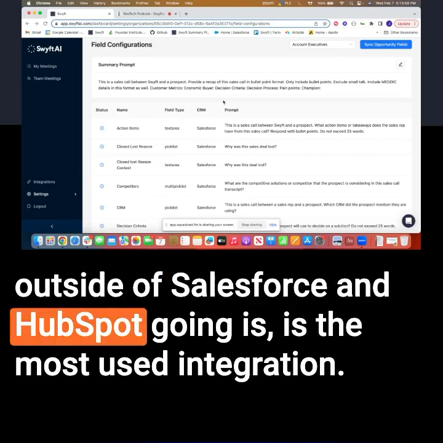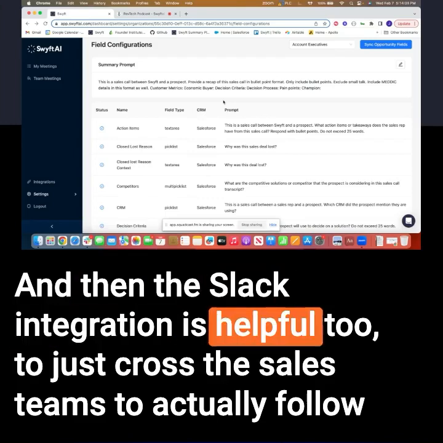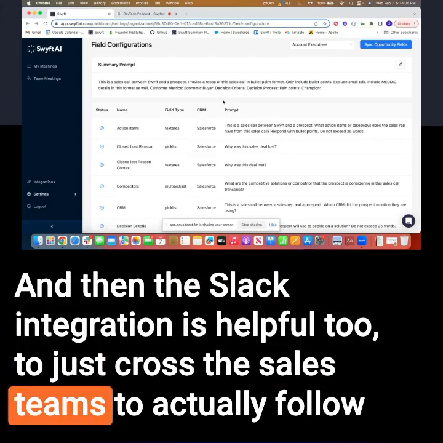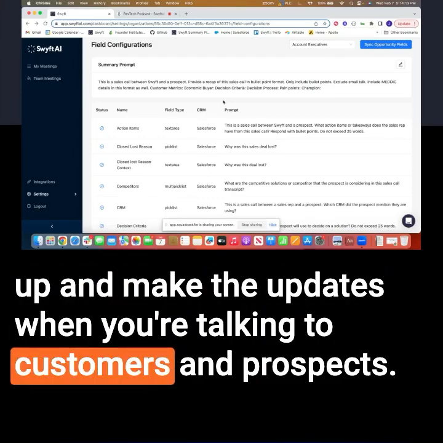Outside of Salesforce and HubSpot, Gong is the most used integration. And then the Slack integration is helpful too, to just prompt the sales teams to actually follow up and make the updates. When you're talking to customers and prospects,